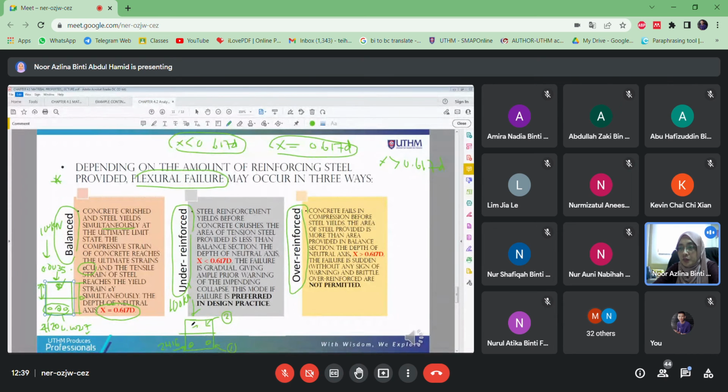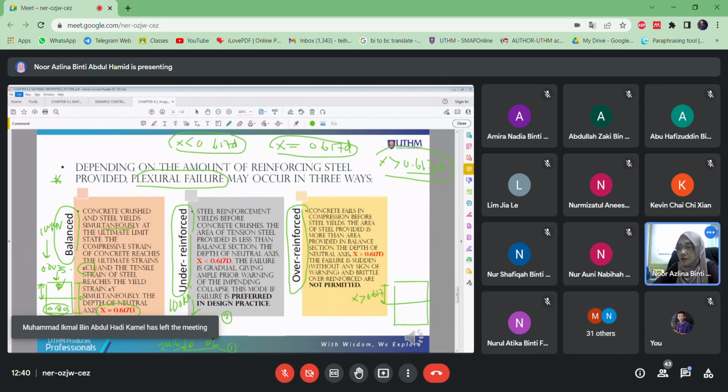Okay, so that is what is meant by under reinforced flexure failure or under reinforced designs. For over reinforced, once you provide more reinforcement, the neutral axis changes, which is more than 0.617D. Okay, once it's more than 0.617D, this one's axial, the axial,